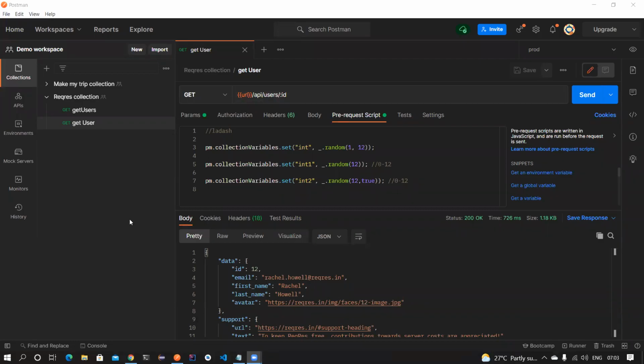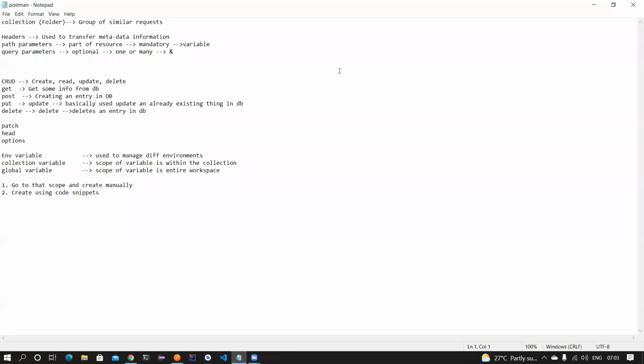Yesterday we started with our Postman related topics, and we covered get users and get user. Both are based on GET calls. We'll also learn about POST, PUT, PATCH, DELETE, all those things today. But before that, we'll do a quick revision on what we have learned so far, so that you can